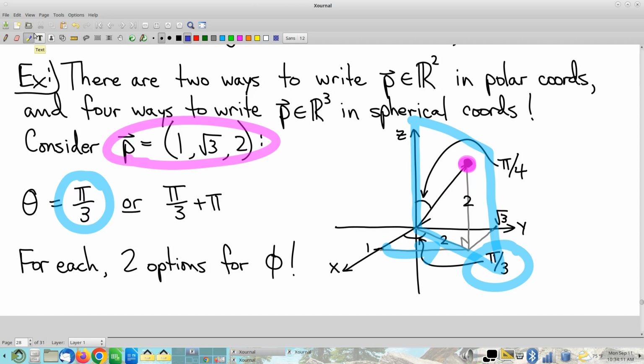So with theta being pi over 3, phi being this angle, which again, we've already done the trig, that angle's pi over 4. Sure, there you go, that's an option. You could have phi being pi over 4. That points you in the correct direction, and once you're pointed in the correct direction, then you just choose your rho to be positive. And we're in business. So that's the first option for theta equals pi over 3. The other option is weird,